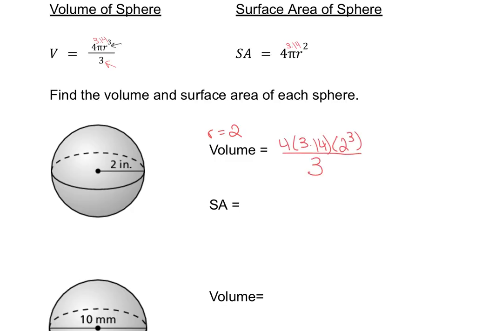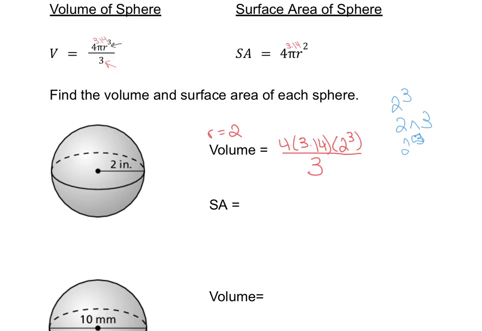And just a reminder from yesterday, if we want to do 2 to the 3rd power on our calculator, we do 2. We hit the little caret button, and that will put a little square right up in here, and we put the 3 in the little square. And that will give us 2 to the 3rd. If you're putting this all in as one equation, make sure you arrow out of the exponent before you divide by 3. So when we go ahead and we place that into our calculator, 4 times 3.14 times 2 caret to the 3rd, arrow out of our exponent, and then divide by 3, we should get